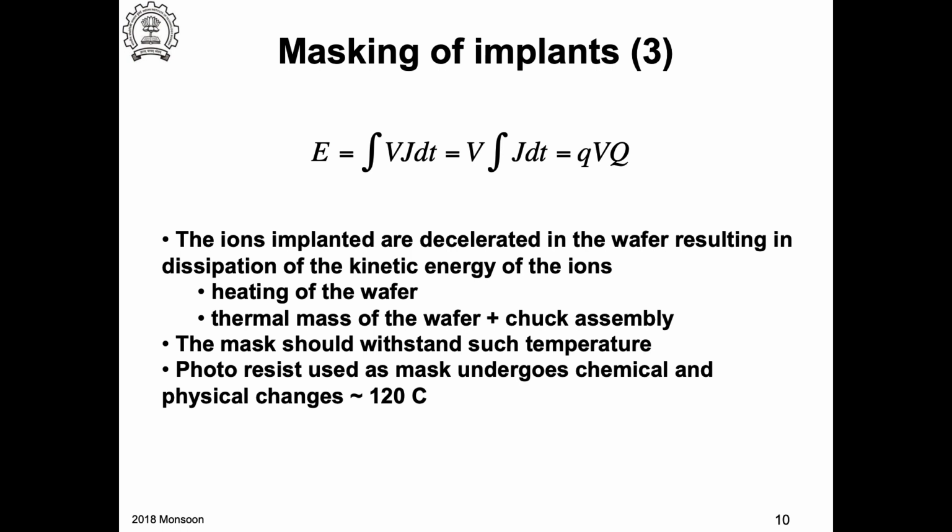Usually the photoresist undergoes chemical and physical changes at 120 degrees centigrade. So this is a disadvantage. If the dose is very high, the temperature can go beyond this. This is what I mentioned in a previous lecture: the photoresist may undergo changes during the ion implantation or exposure to plasma. Then it becomes difficult to remove the photoresist. Remember from the previous lecture. So this is what I was actually